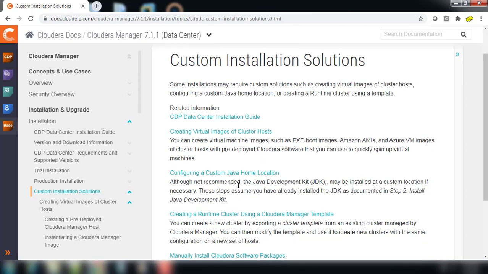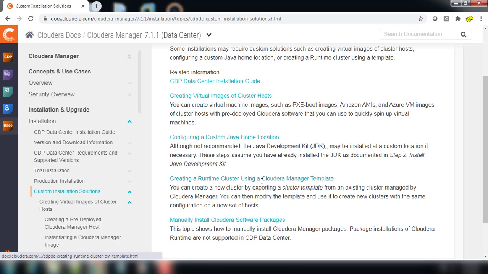Another option is to choose your own custom Java location, installing your own separate Java and using that. The next option is to take a template from an existing cluster and create a similar cluster on different hosts using that template file. The last option is manual installation, but this is not recommended much, though you can still try.